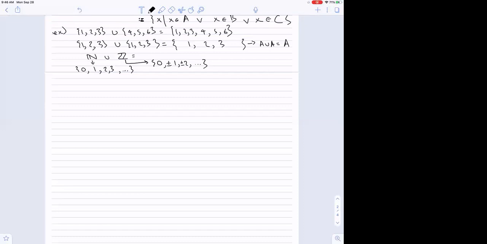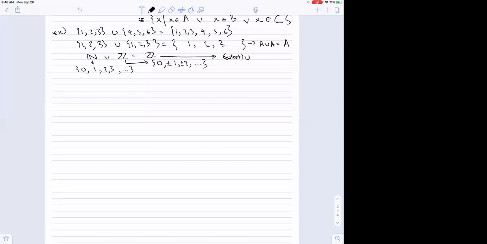The integers again? Yeah, exactly. Because the natural numbers are a subset of the integers, so you're not really adding anything new to the union. So it's just the integers. This is also something that is always true: if you take a subset